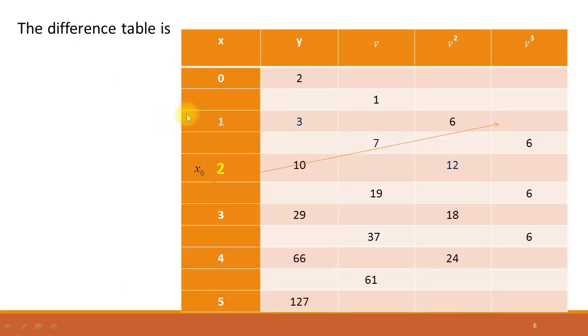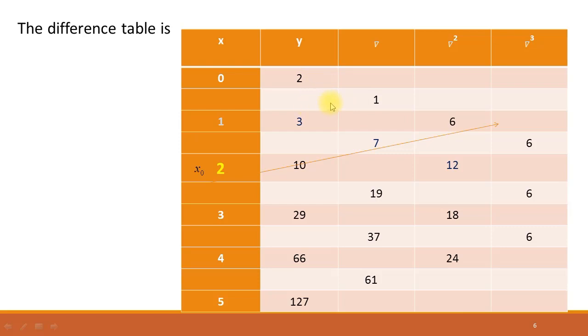Now first of all, find the differences table. For the differences table, I have already told you in the Newton forward difference interpolation formula to put the value of x in the first column and the value of y in the second column, and then find the differences: first differences, second differences, third differences, fourth differences, and so on. Now how to find the first differences? It is very simple, like the Newton forward differences formula.